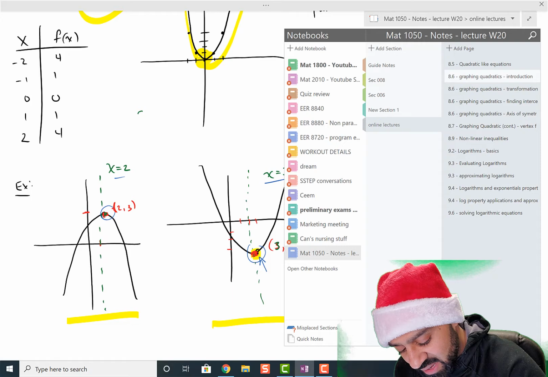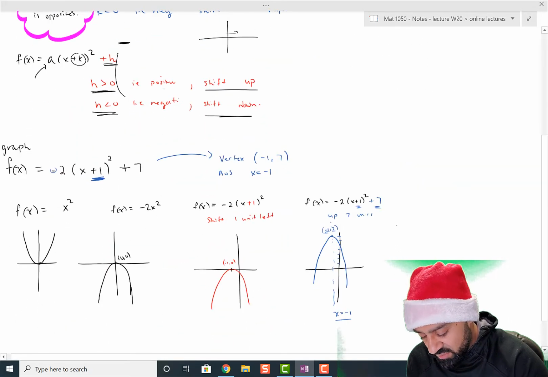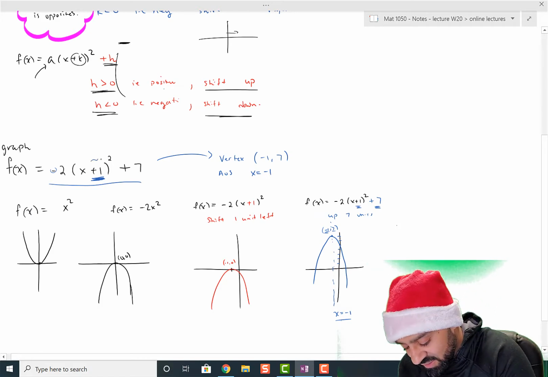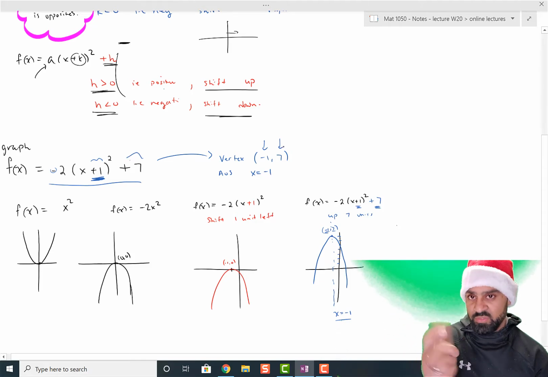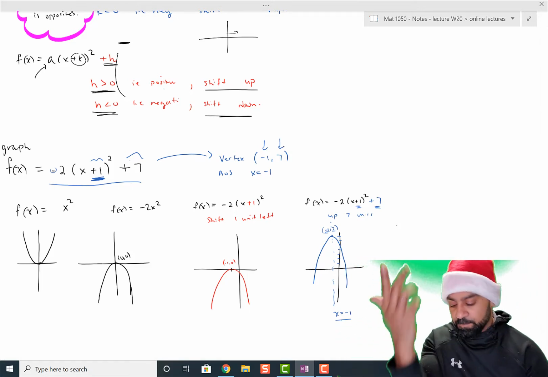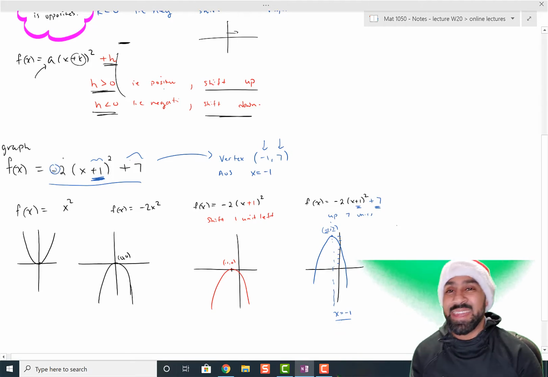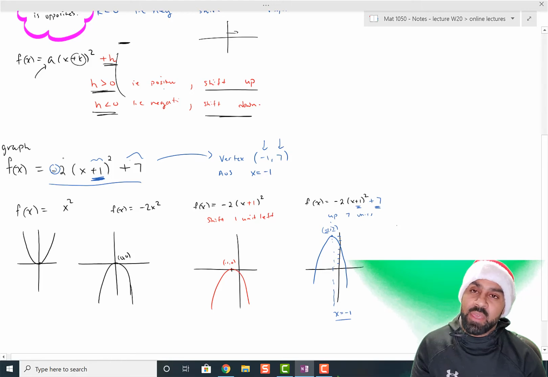Well, that led us into the next lecture, which talked about transformations. If we have it in a certain form, which is vertex form, we can identify the vertex, which is the opposite of the number on the inside. And why? Because of the opposite moving piece. And then the axis of symmetry goes through it. And don't forget that if you have a negative coefficient outside of that x squared, that would flip it